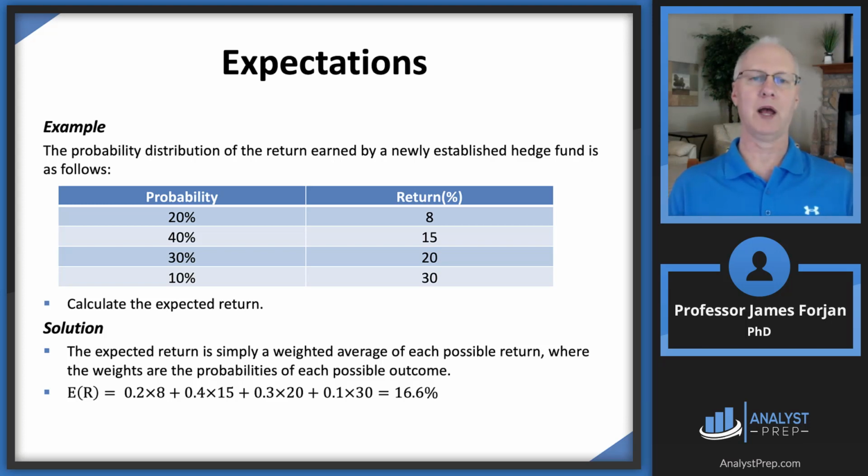If you look at it that way, it makes sense then that we're going to probability weight each of those returns to get an average. We're going to call it the expected return. So there I have the formula at the bottom bullet point, 20% of 8 and 40% of 15 and so on. That gives us an expected return or an expected value of